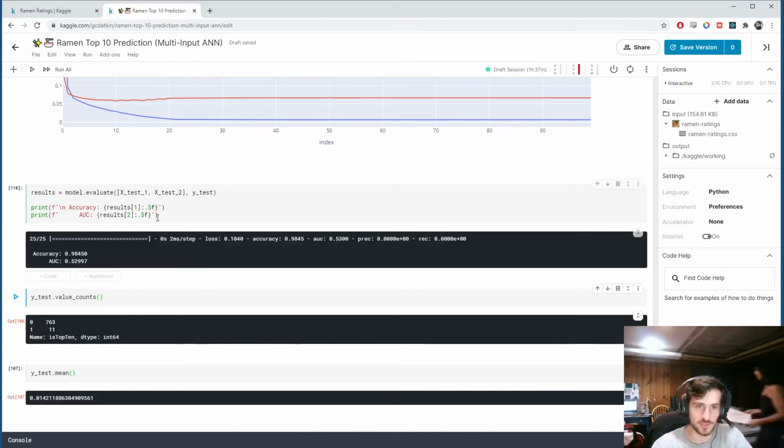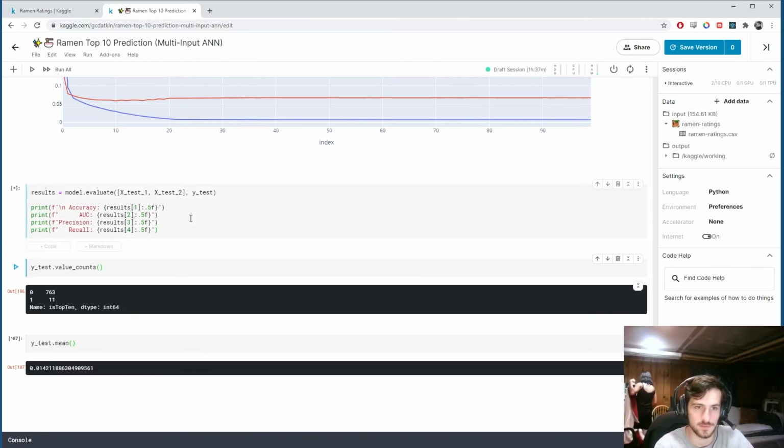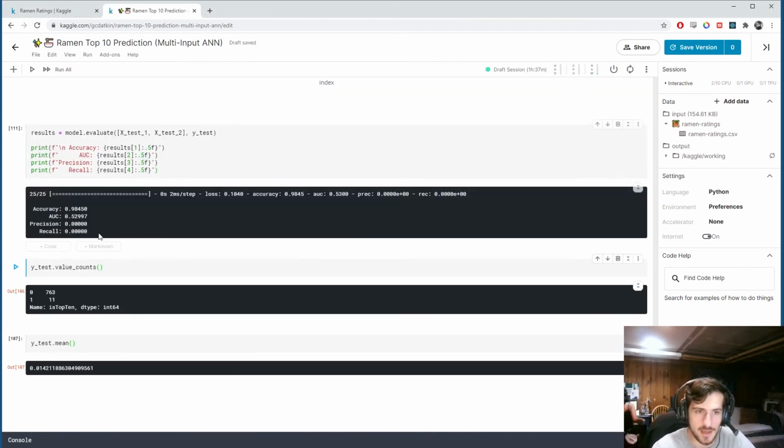And, sorry, let me get the other ones in here. So our precision actually ended up being too small to measure. Oh dear. So essentially, precision is